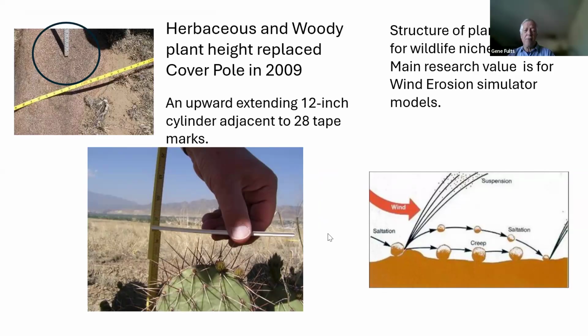tape, and whatever the highest point is of the plant going up in that cylinder, it is measured and recorded at the mark, both herbaceous and woody. And it's mainly used for wind erosion studies. This data is really becoming important for wind erosion. You could use it a little bit for ESD wildlife interpretations as well, but its main use right now is